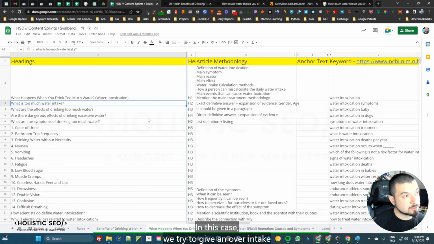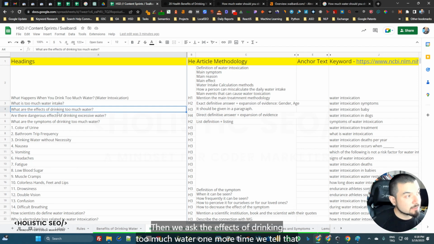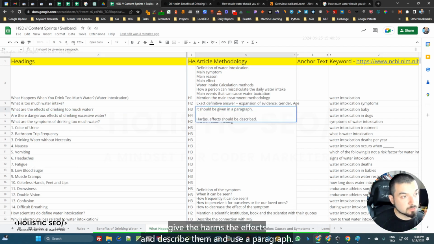In this case, we try to give an over intake or the maximum limit for the water intake a day, and then we also connect it to the body functions or broken body functions. Then we expand our evidence further with the gender and the age. Then we ask the effects of drinking too much water. One more time, we tell it to give the harms, the effects, describe them, and use a paragraph.